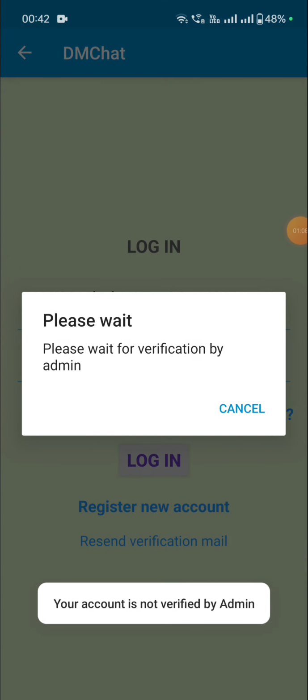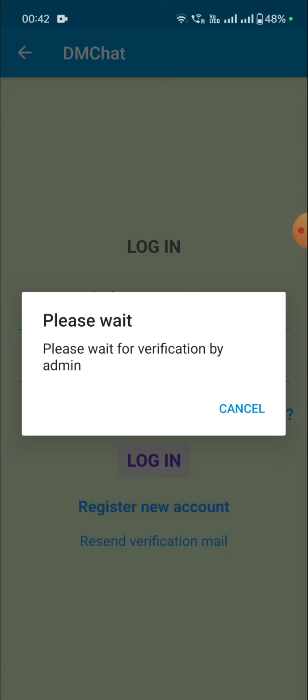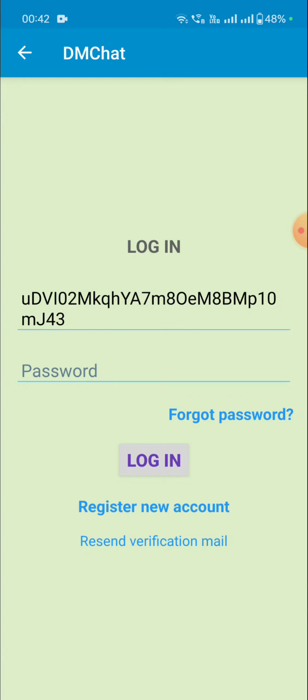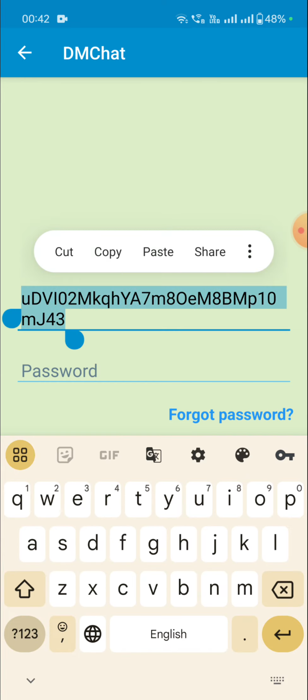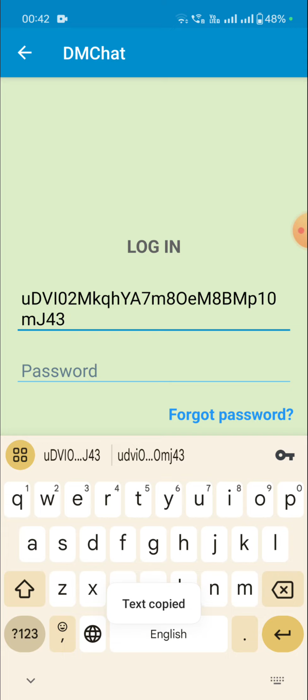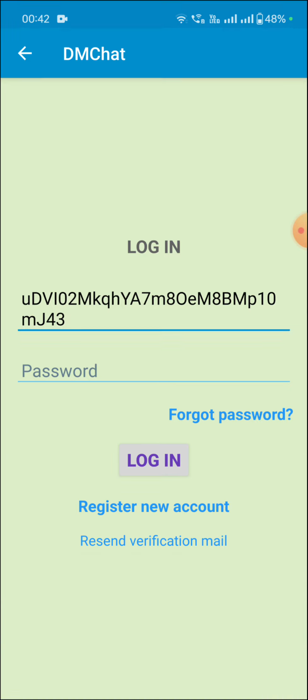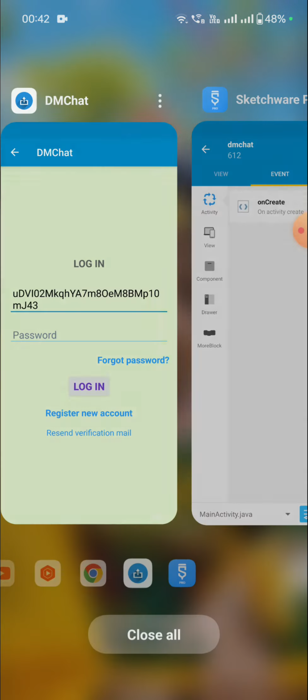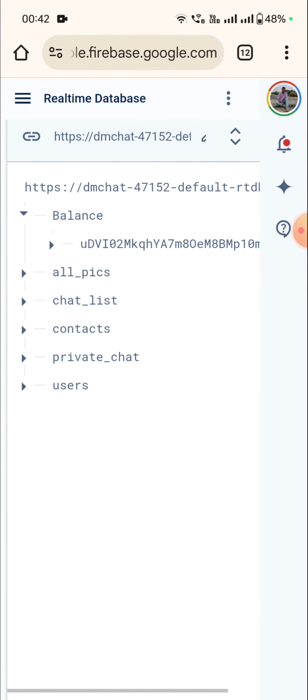So here, since I am already logged in but I am not verified, it is showing please wait for verification by admin, and here this is my UID. So I will just copy my UID and now I will put it in my Firebase database. So I will go to my Firebase real-time database and here I will